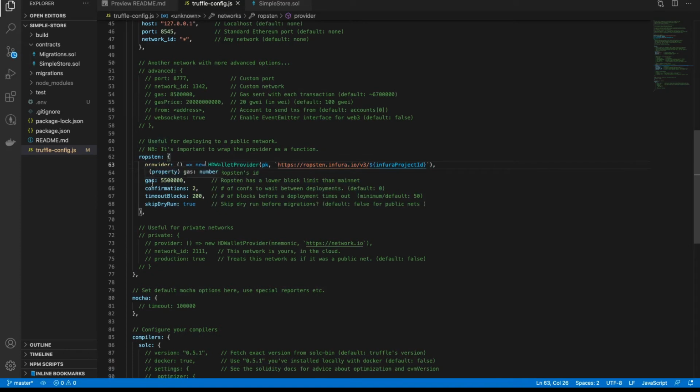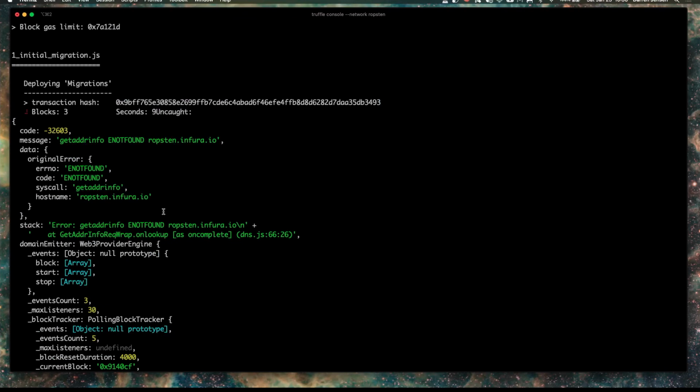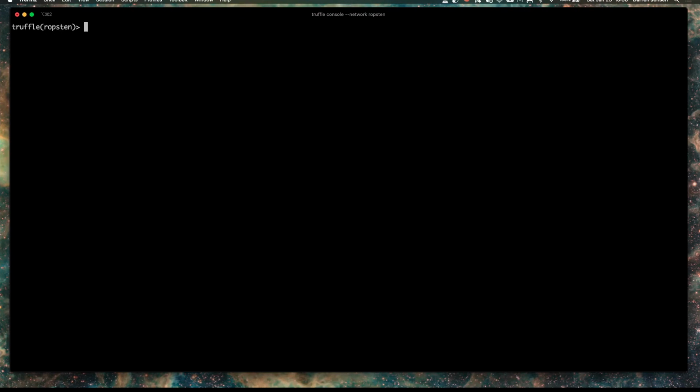I think that Truffle itself will be sending the gas. In fact, we can check if I look here. If we go back here, we can go and look at Web3 ETH get gas price. We can see what that returns. Okay, that returned the